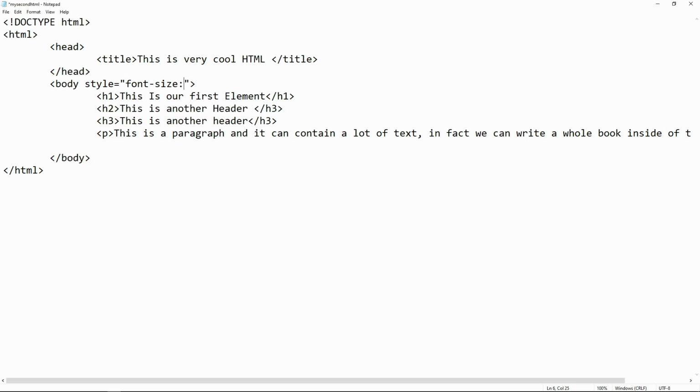I want it to be 10 pt. We'll enter it like this and we end it with the semicolon. So we have the property name, the font size, which means whatever we're looking at, we want the size to be 10 points. Okay, so once we save this,